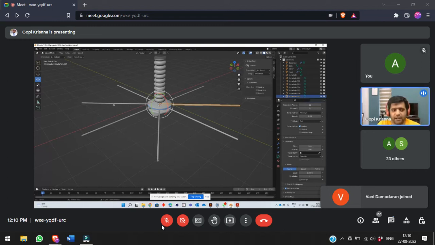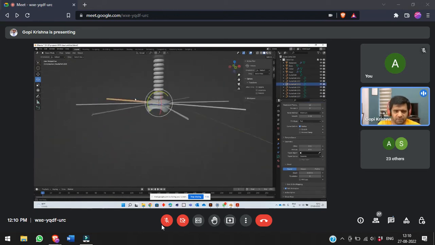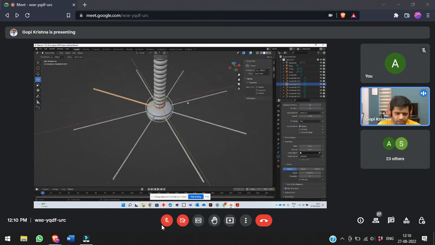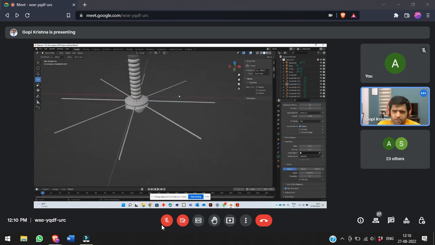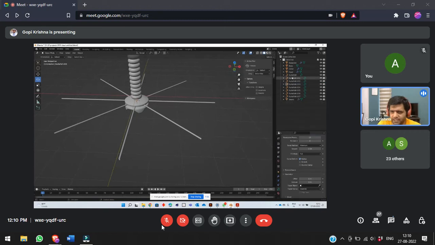Not array and mirror modifier exactly here. It will duplicate the thing over here. That's also possible. There are several ways to do the same thing, but I'm just showing one way. That's all. Now, what we can do here to clean this up is that you select all